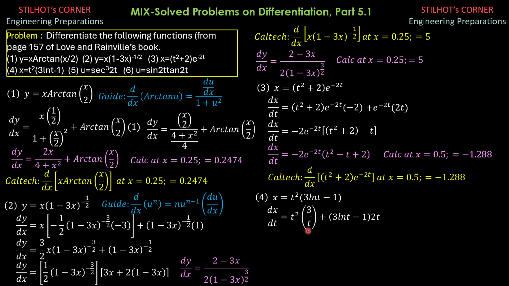So simplifying, this is 3t plus 6t ln of t minus 2t. So dx/dt is 3t plus 2t ln of t cubed. By the way, 3 ln of t can be written as ln of t cubed algebraically. Then minus 2t. Then this 3 here can be the coefficient of this term. So 3t minus 2t is t. So the final answer is,